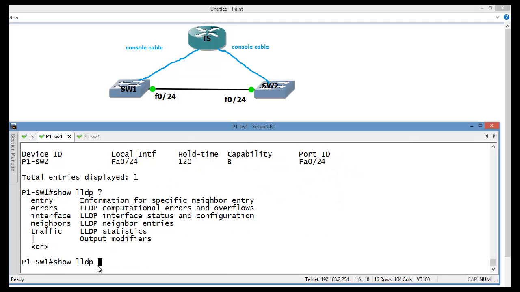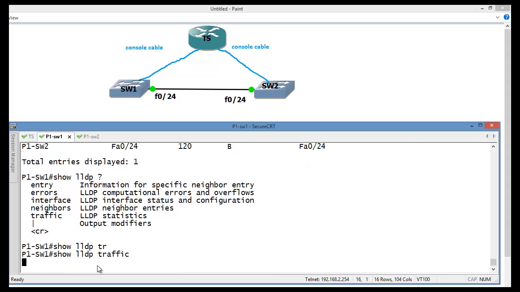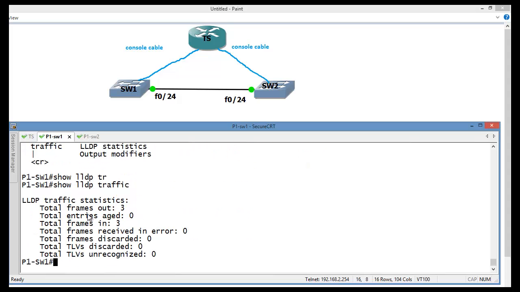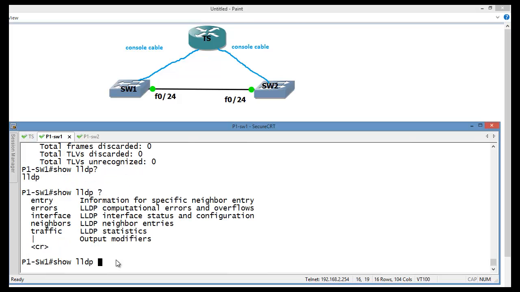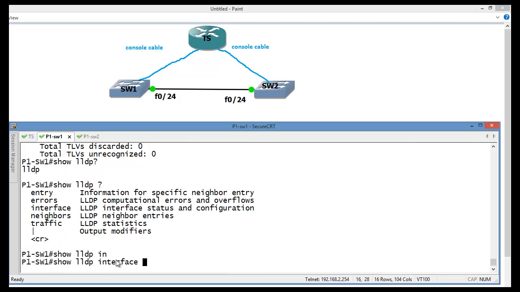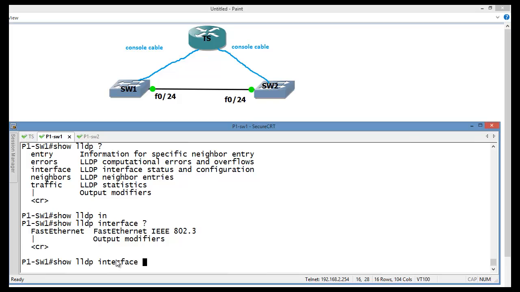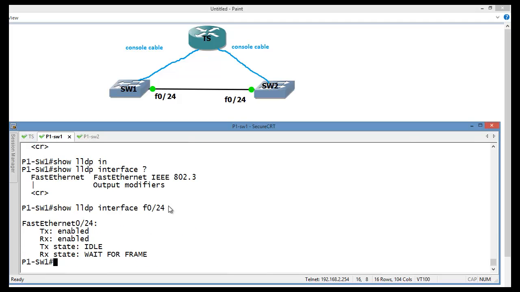So show LLDP traffic: we have sent 3 frames and received 3 frames. Then you can also verify a particular interface with show LLDP interface and specify the particular interface. Let's verify on F0/24. Transmission and receiving are enabled.